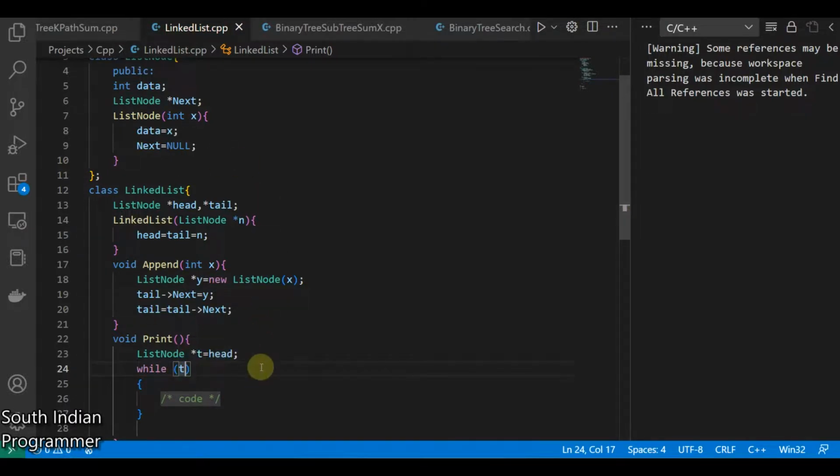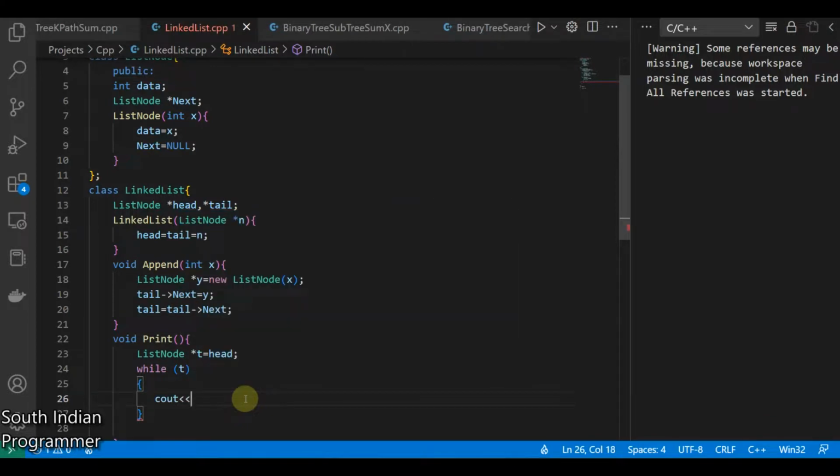Here I'm using C++17, so I don't need to write not equal to null. You can just write t; it will execute until it finds the garbage value, then it will come out of it. So this is enough. While t exists, I'm going to print with cout